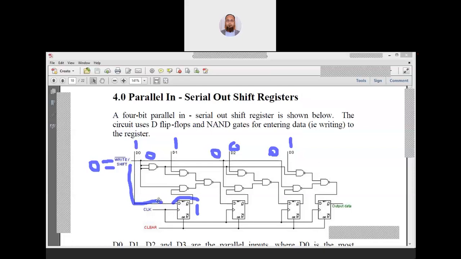It is directly connected to the flip-flop, and as soon as the clock comes, this data will be available at